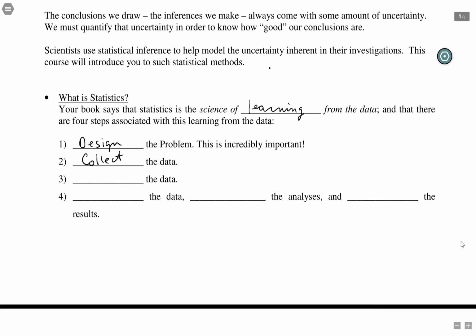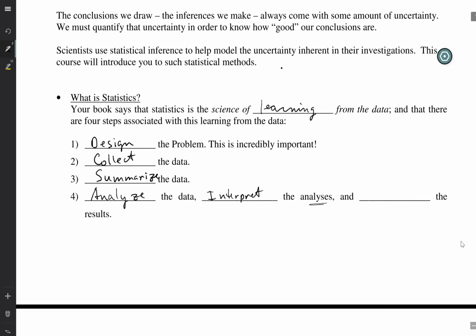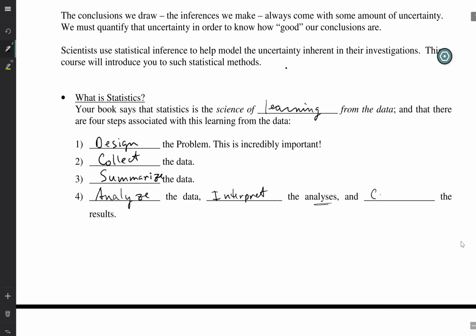Step 3 is summarizing the data. Step 4 is, now that we have all this data and we've summarized it, we want to analyze the data, we want to interpret the analyses that we're going to use here, and then also we want to be able to communicate